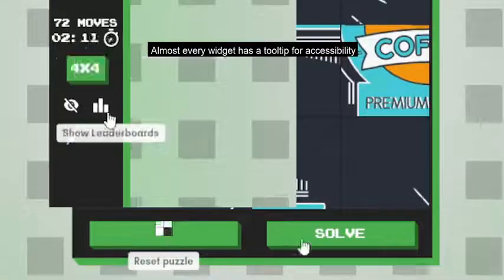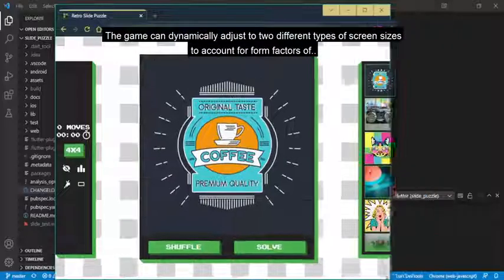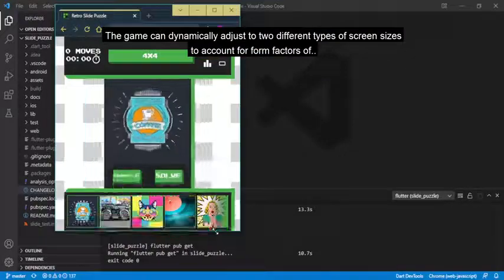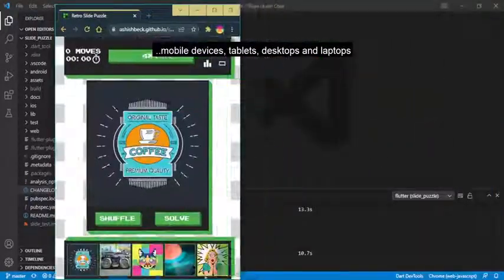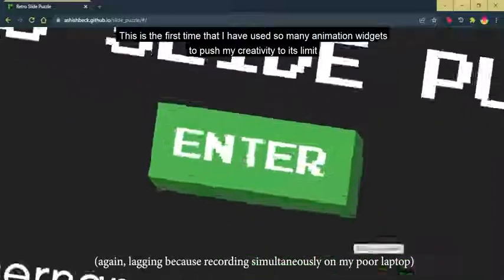Almost every widget has a tooltip for accessibility. The game can dynamically adjust to two different types of screen sizes to account for form factors of mobile devices, tablets, desktops, and laptops. This is the first time I have used so many animation widgets to push my creativity